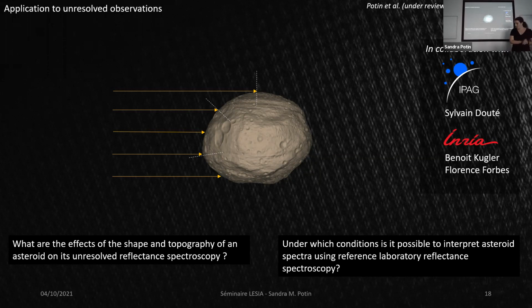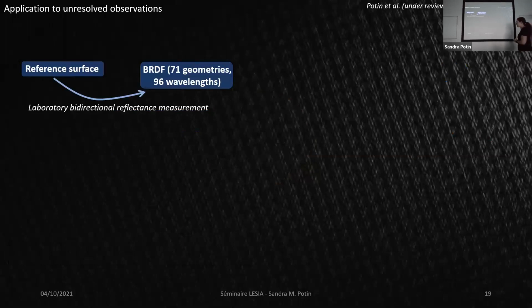To fully make this comparison, we have to take an object where we fully know its shape, its topography down to the centimeter scale. We have to know its composition and how the composition is scattered on the surface. We have to know fully the texture also. So it's impossible to find in nature. So we have to create our own small asteroid. We have to simulate a small asteroid. How do we do that?